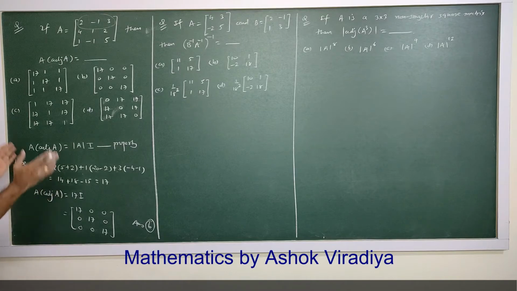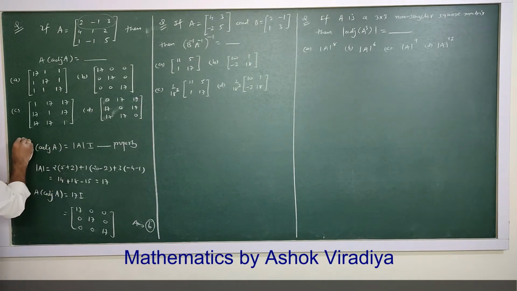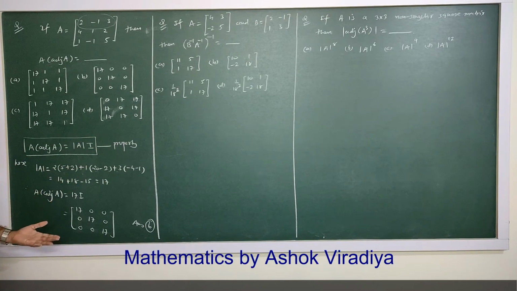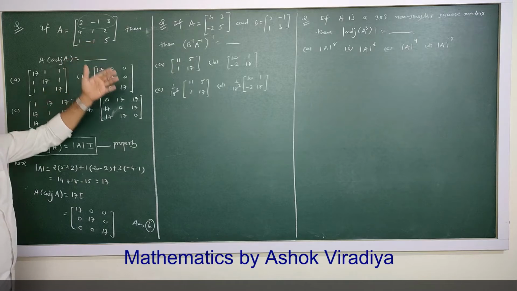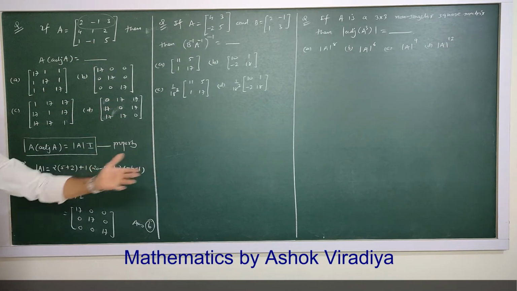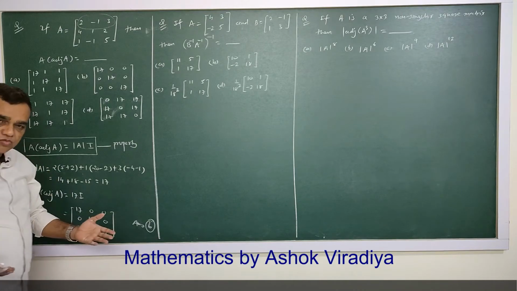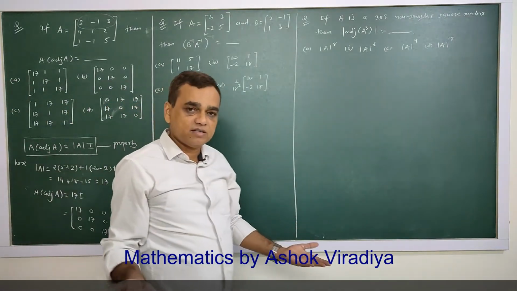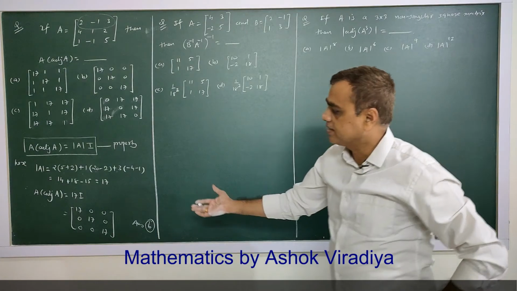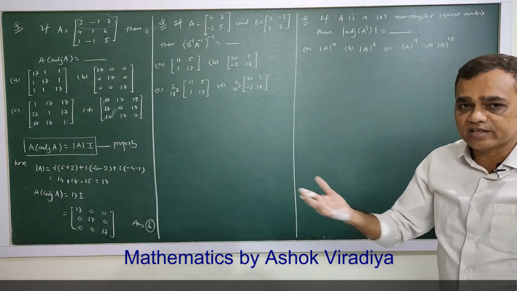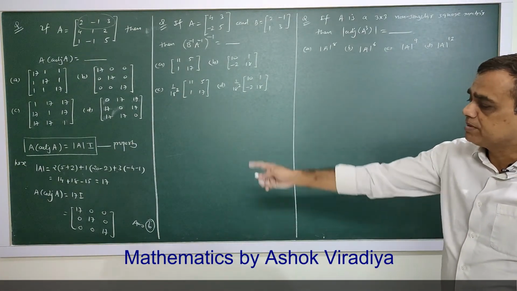So we always use property. In such problems, if you don't know this property, if you do not remember such property, then what you will do कि आप एडजॉइंट फाइंड करेंगे, एडजॉइंट के लिए फिर लंबा लंबा प्रोसीजर, फिर मल्टीप्लाई करेंगे ए और एडजॉइंट को, 10 मिनट के बाद आंसर आएगा. जो काम 1 मिनट का है, 30 सेकंड का है, उसमें 10 मिनट लगते हैं. सो ऑलवेज कीप रिमेंबर प्रॉपर्टीज.